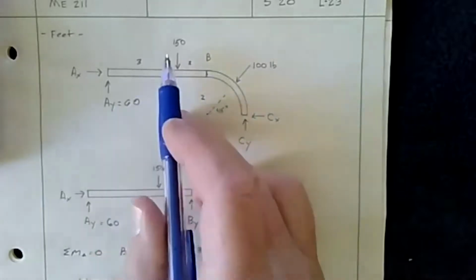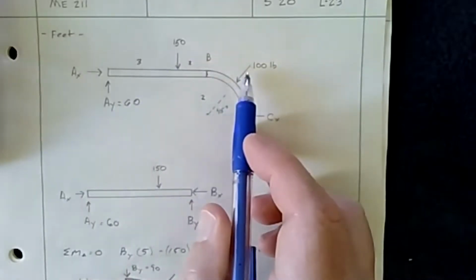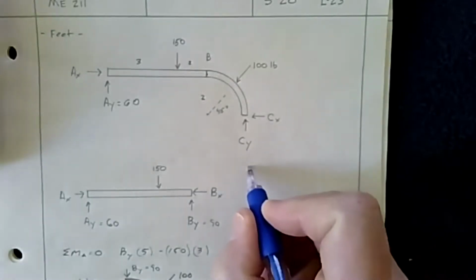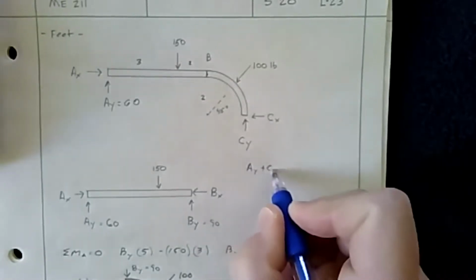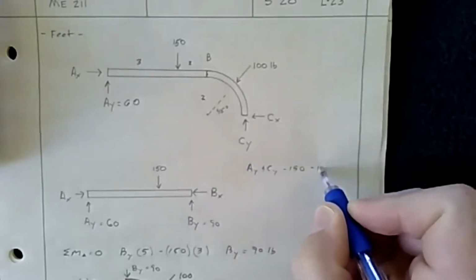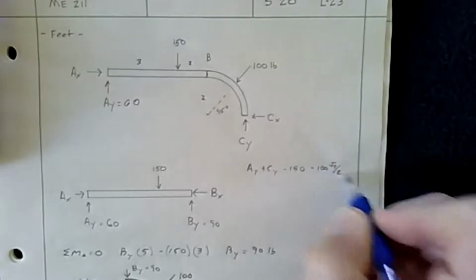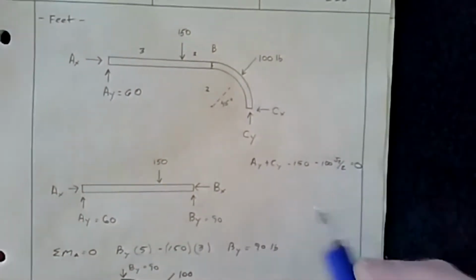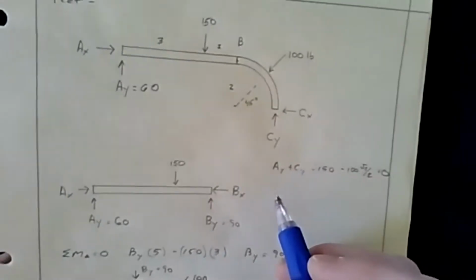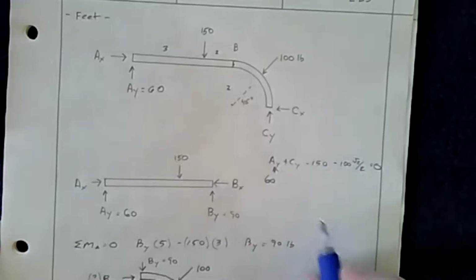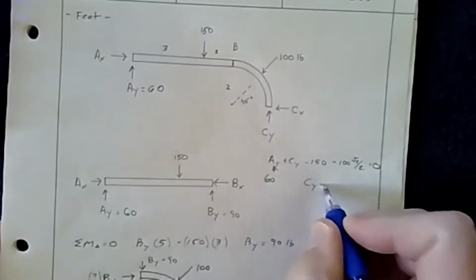Because we know 60, 150, 100 all has to be balanced by this. So if we say AY plus CY minus 150 minus 100 times square root of 2 over 2, which is just cosine or sine of 45, then that equals 0. So if we substitute in for AY our 60 here, then we can solve and get CY equal to